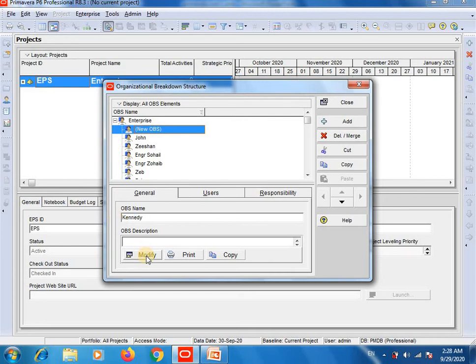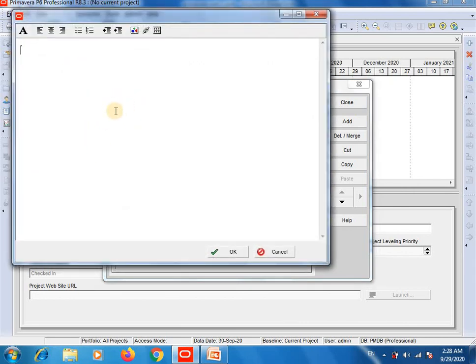Then click on Modify. There you will write the details of the responsible person, like his address, his phone number, his email ID, his passport number, and company name, for which company he is working, the project on which he is working, and other important details.